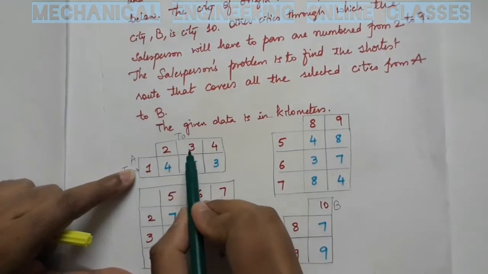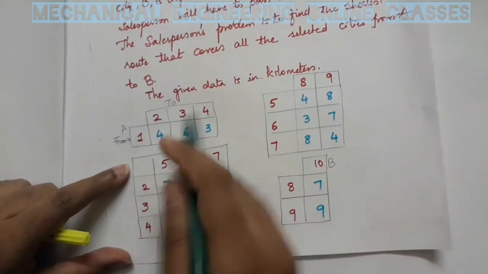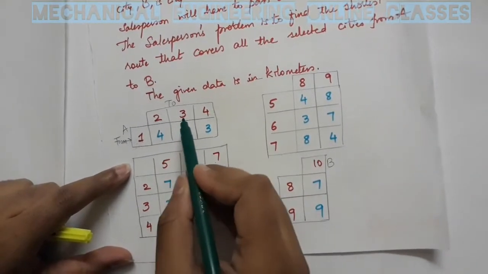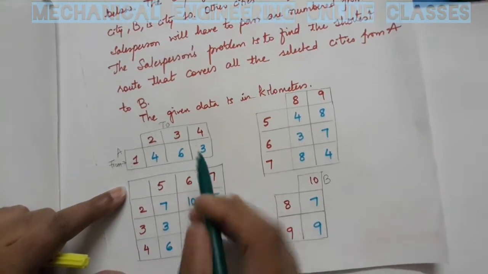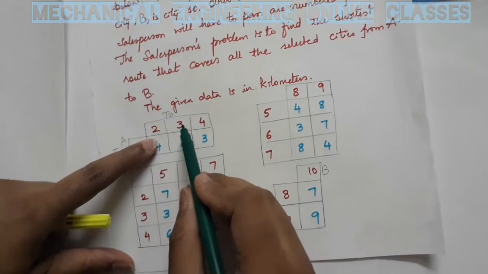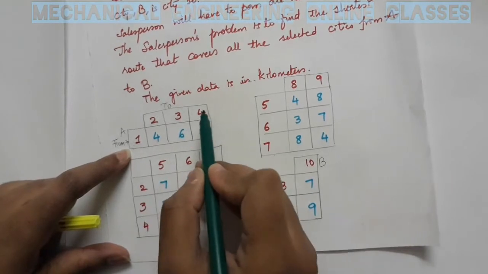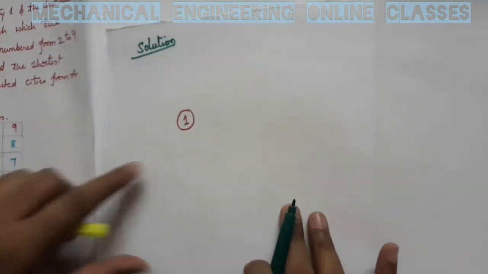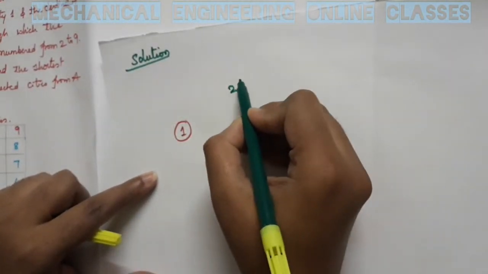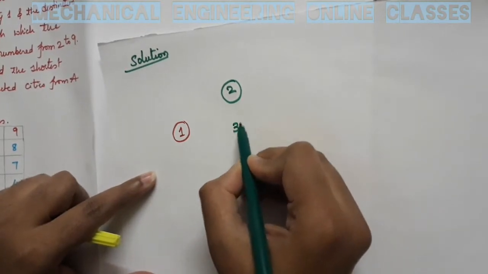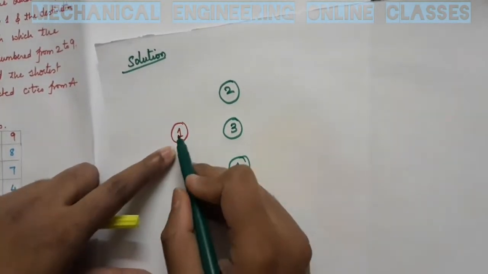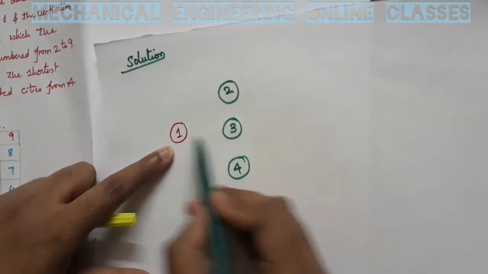Now from 1 there are 3 cities to which we can go, 2, 3 and 4. If you see all the tables, from 2 to 3 there are no distances shown, and from 3 to 4 also there are no distances shown. So 2, 3 and 4 are the options only from 1. There is no option of 2 to 3 or 3 to 4 or 4 to 2 or anything like that. So I can write 2, 3, 4 in the same column somewhere here, as city 2, 3 and 4. From 1 I can go to 2, from 1 I can go to 3, from 1 I can go to 4.